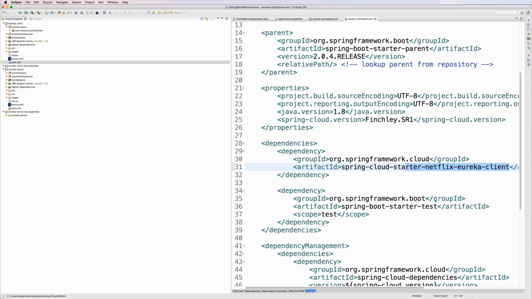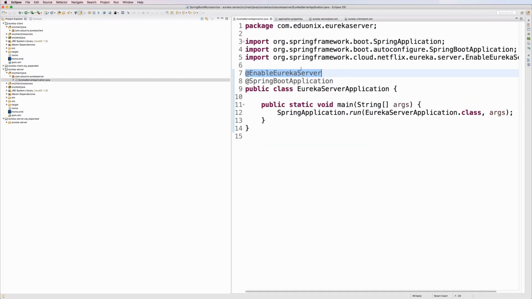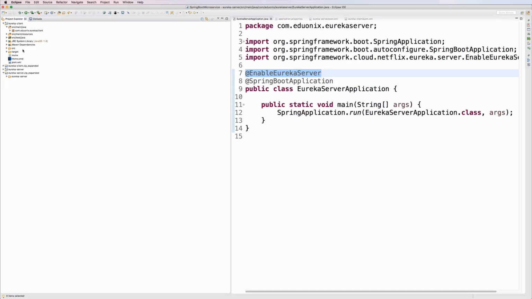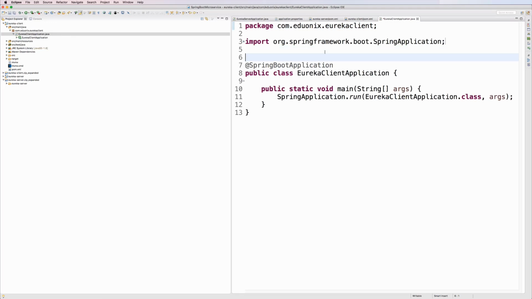Okay, so here we also need to do something similar to what we did with the server, where we need to enable the actual discovery client. So let's go ahead and go to src main Java, Eureka server application, and whoops, we're in Eureka server. We need to be in Eureka client. There we go. Eureka client application, and here all we're going to do is just enable